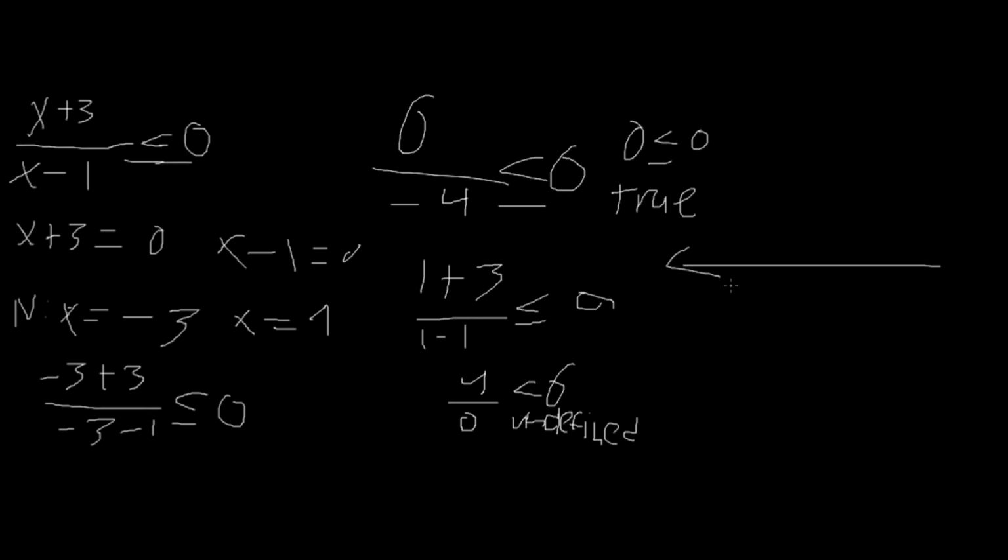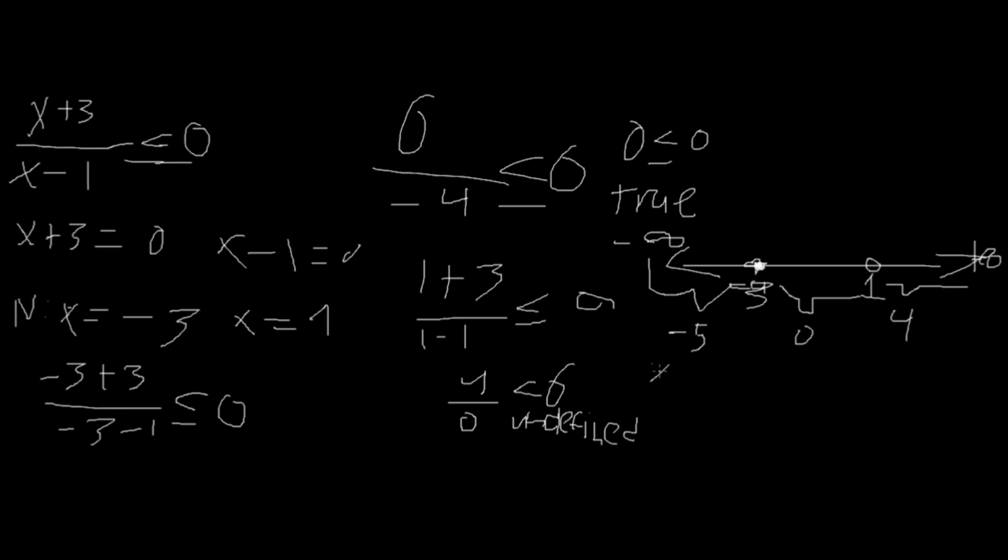Now, let's graph and find those values. After we put the -3 and +1 to the graph, we will put a dot on the -3 since it's included, or true, and a circle for the 1 because it's undefined. There are 3 intervals, and yes, you can put any number, just be sure it's in the middle of your interval. So I will be putting -5, 0, and 4. And then I will test each of the intervals.